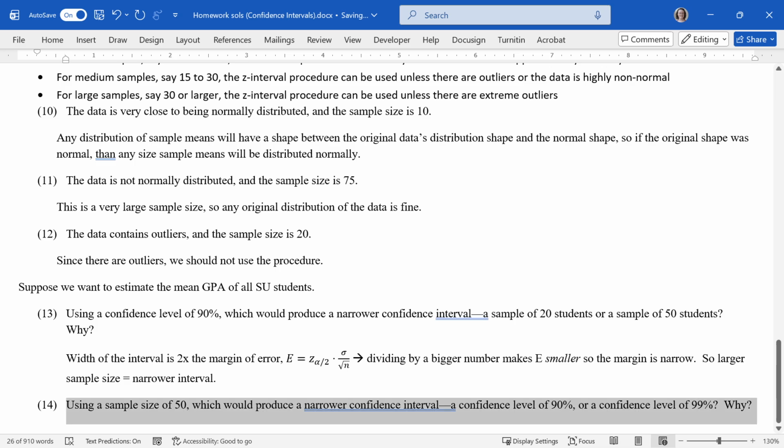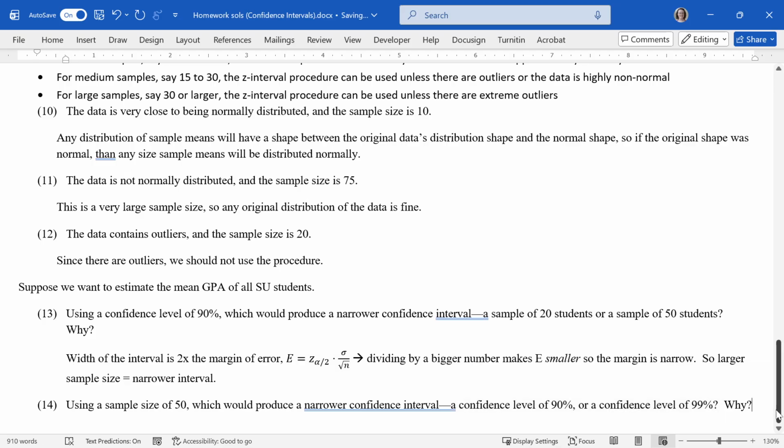Let's look at the last one here. Using a sample size of 50, so we're fixing the sample size, which would produce a narrower confidence interval, a confidence level of 90% or a confidence level of 99%? So you might be thinking, well, let me apply the same kind of common sense, and the higher the confidence is, the more certain I should be, so shouldn't that be a narrower estimate? If I have a narrow estimate, I must be more certain, right? Well, actually not really. So if you think about the idea of shooting at a target, like with a shotgun, or taking a bunch of shots with an arrow, bow and arrow, I guess,